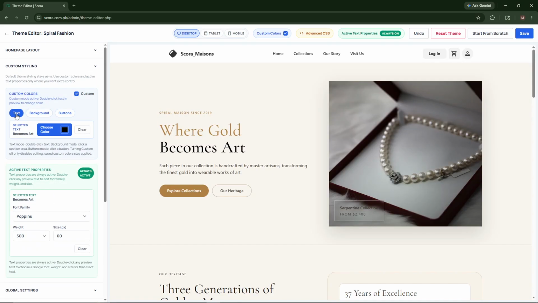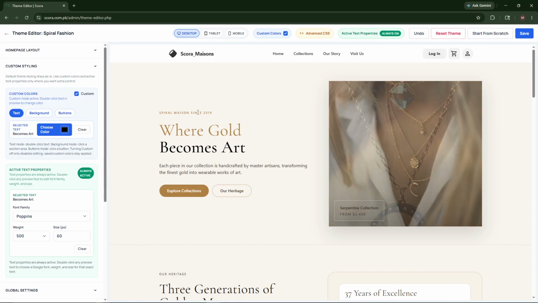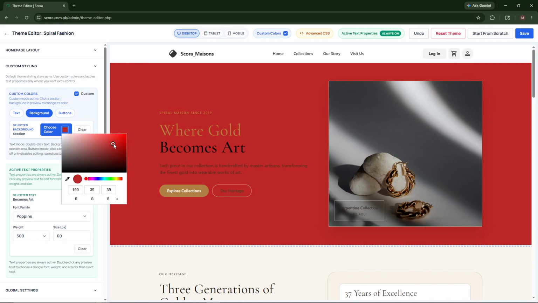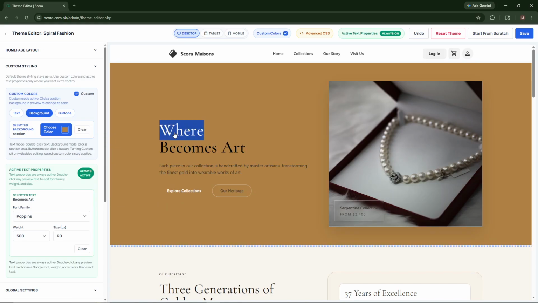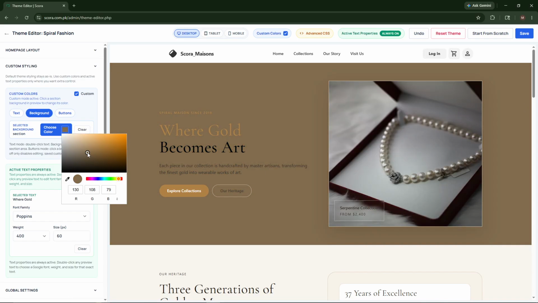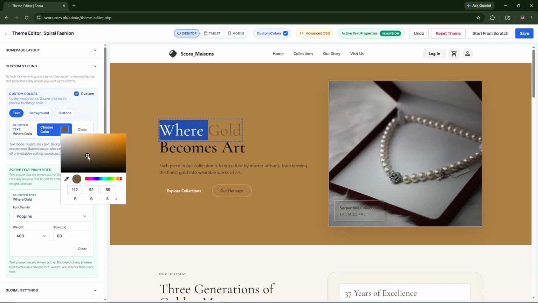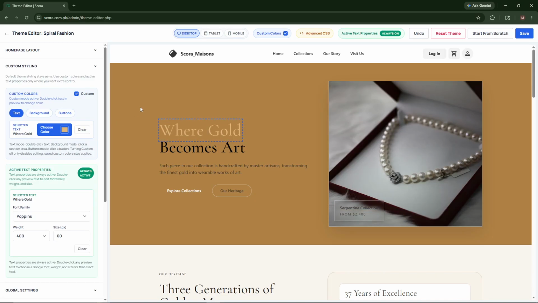Custom styling, there are three types: text, background, buttons. Now if you select a text, when you double click on the text, you can change text color. If you select background and now click on the background color change looks like this, and you can also pick the color for this here. And as for this, you can change it to, okay, it is changing background color. Yeah, now click on text, here it is. Now if you want to change the text color, now turn it to a bit light here. As you can see, the color is changed.